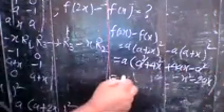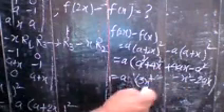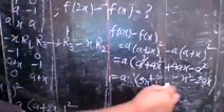So a square cancels out, and simplifying the remaining terms: 4x square minus x square gives 3x square, and plus 2ax. So your answer is a into (3x square plus 2ax). You can take x common also: ax into (3x plus 2a). That is your final answer. That was asked in 2015.